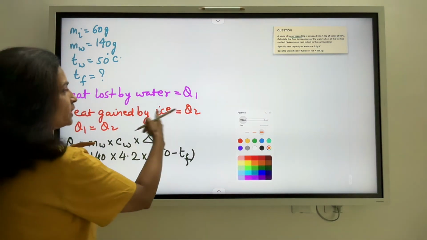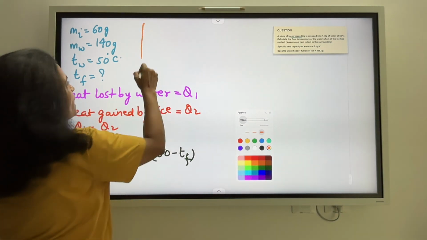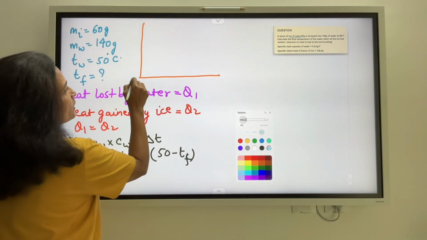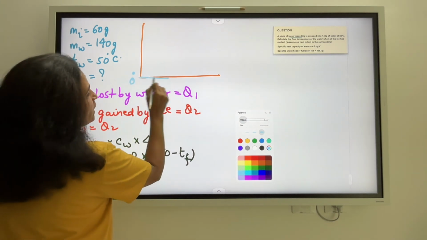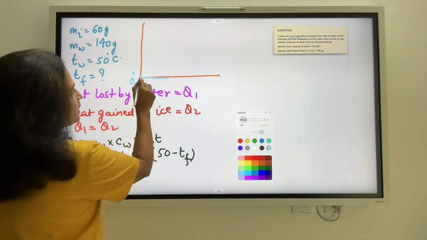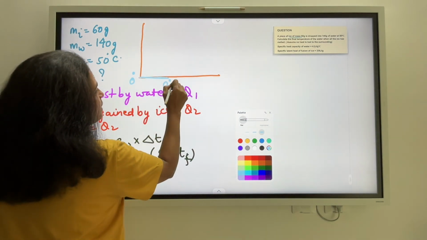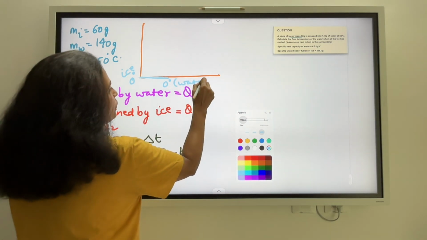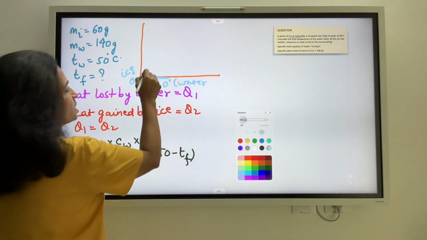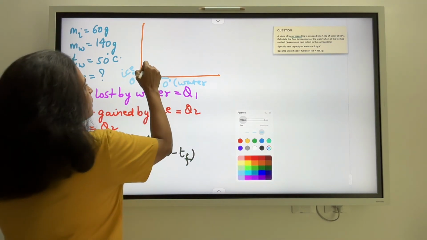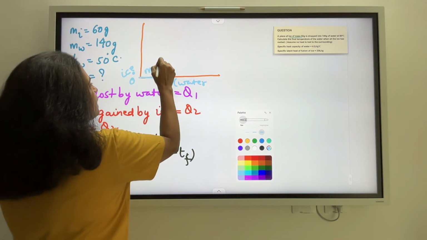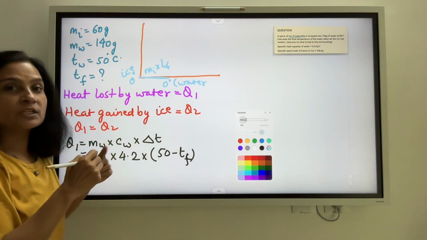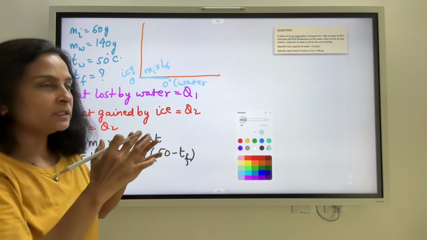How do we look at this part? So to calculate Q2, we have ice at 0 degree and it is melting, right? It is melting into water at 0 degree. So this was ice and now it is water. So the first heat exchange that happens is in the form of the mass multiplied by latent heat of fusion. That's the heat energy which has been absorbed by ice to melt.